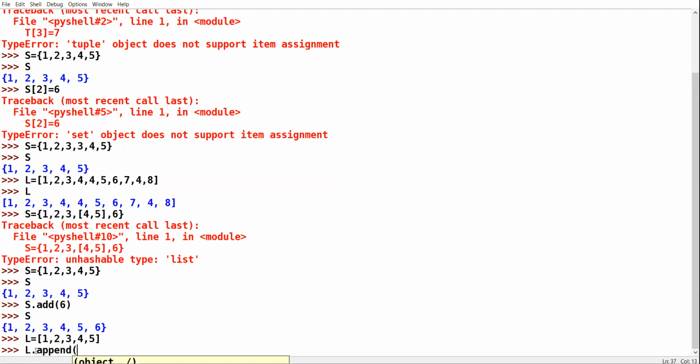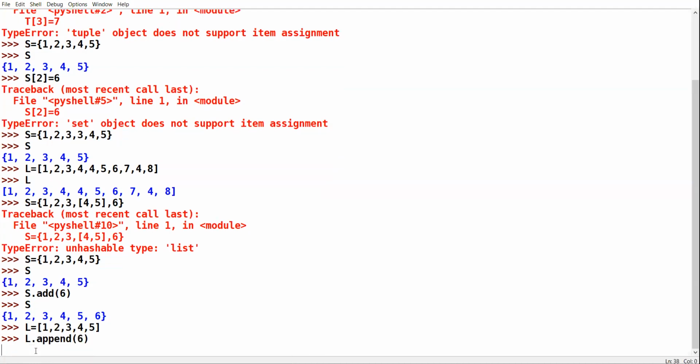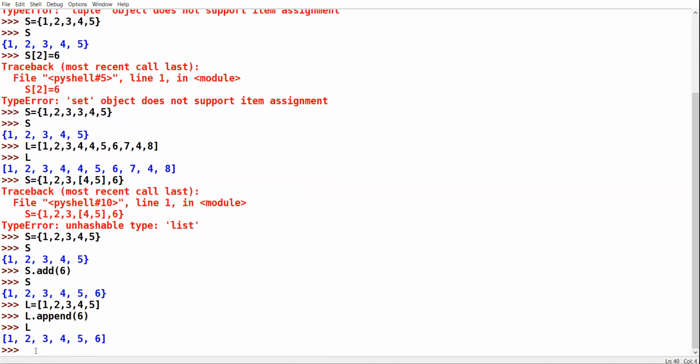If you want to add an element inside the list, the function is append. See, element gets added. Yes, 11th, am I clear to all? Up till here, am I totally clear to everyone? All right.